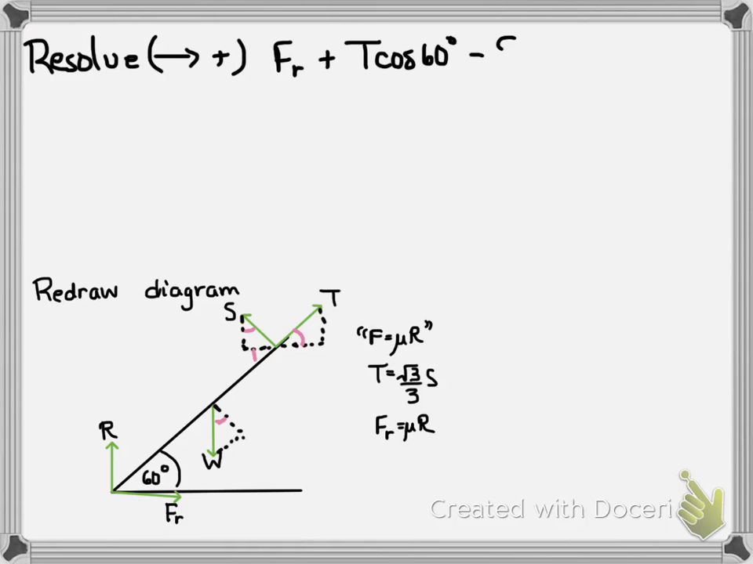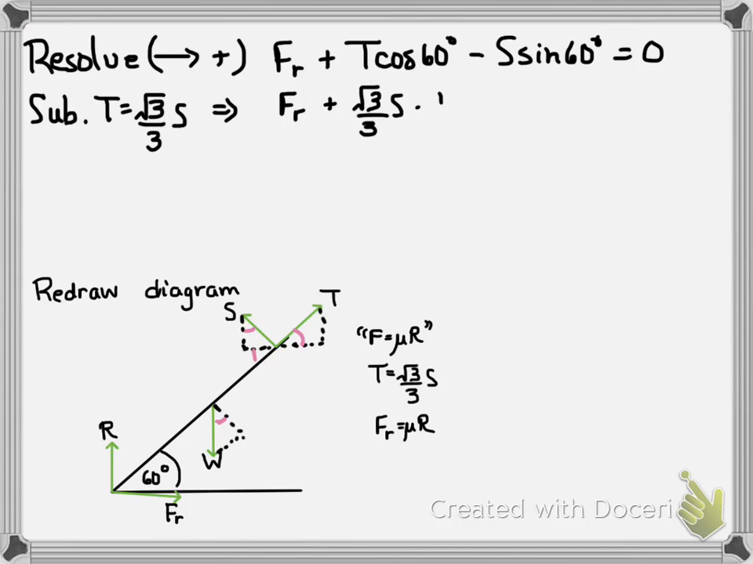Okay, and we do the friction, T cosine of the angle minus sine of 60 degrees. And substitute what you know about T. And this will help eliminate one of our variables. Clean it up, and you get friction is root 3 over 3 S. Now resolve